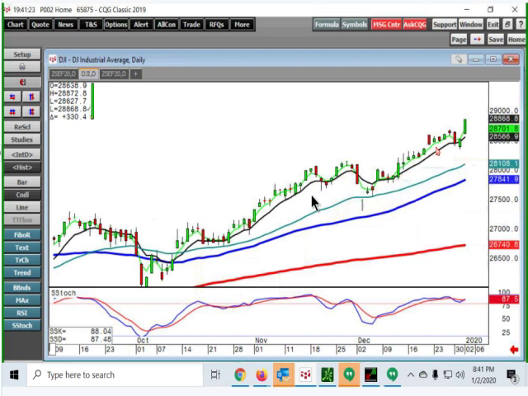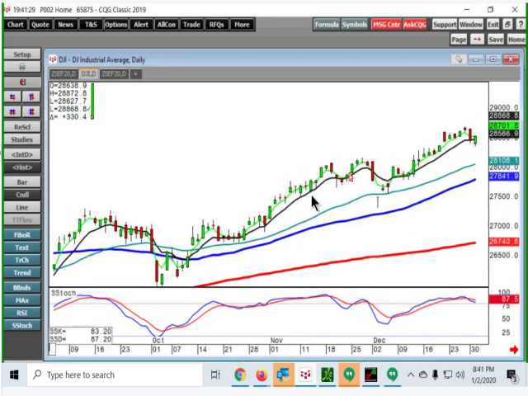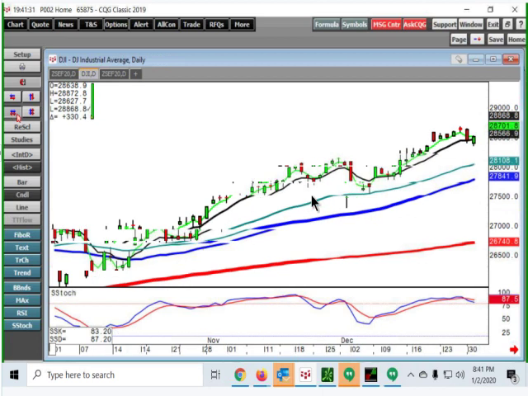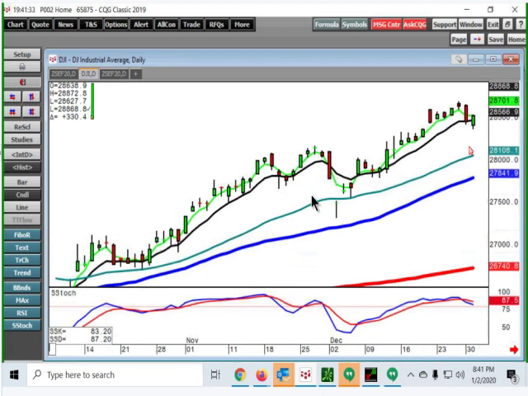Well, as we saw in this last move, what's the one thing right up until, what day was it? Tuesday, had not happened in the Dow. They hadn't closed below the T-line. And we know the probabilities, just from using the T-line for years, is that statistically, if you can't close below the T-line, that means your probabilities are that you're still in an uptrend. As soon as you close below the T-line, the probabilities go the other way, that you're probably going to see